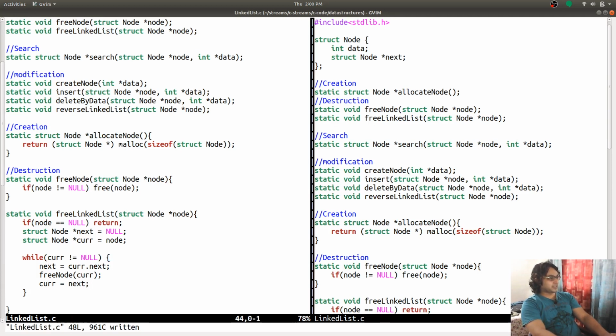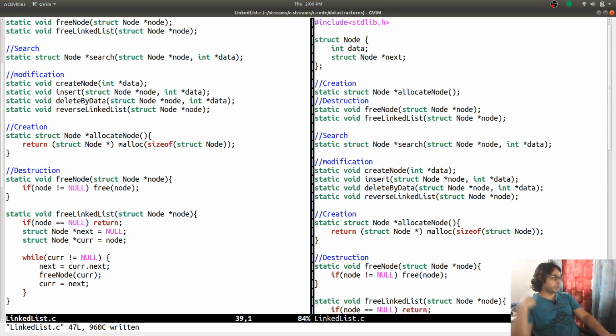This is just a cursor and nothing else, nothing magical is happening. It's just a cursor to show that I have deleted this node, then I move on. After this node is deleted, I put the current pointer to point to the next node, the holder that is pointing to the remaining part of the linked list.